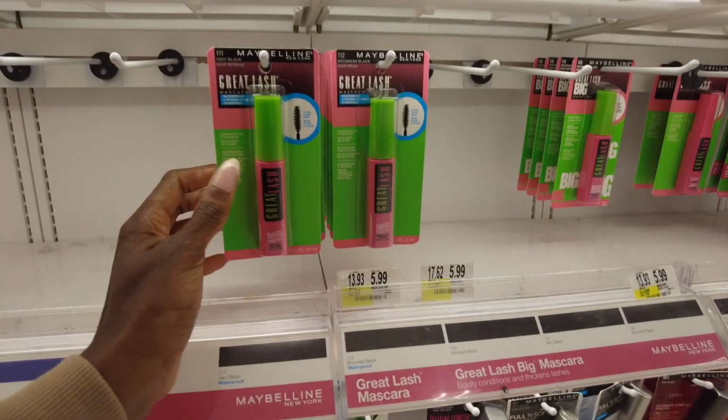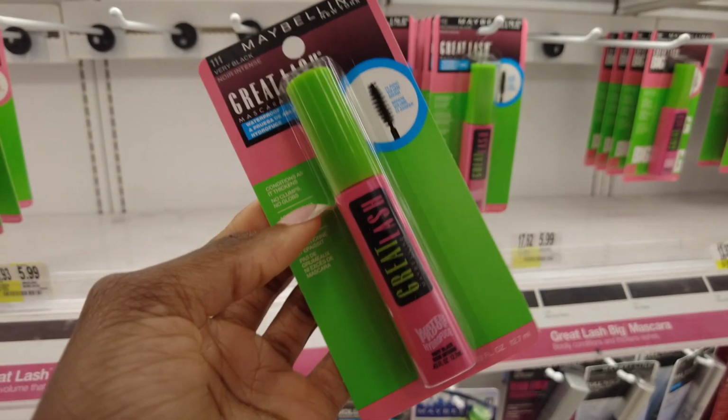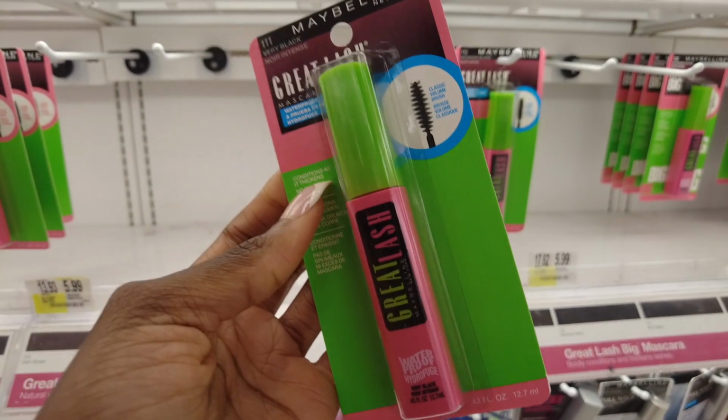This one I used to use in high school as well. This is a traditional one. I feel like everyone and their mom has this mascara, but this is an OG. If you're looking for something classic that always works and will never fail you, the Great Lash is something that